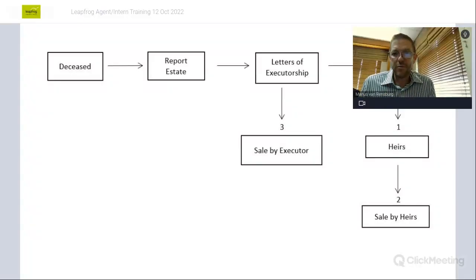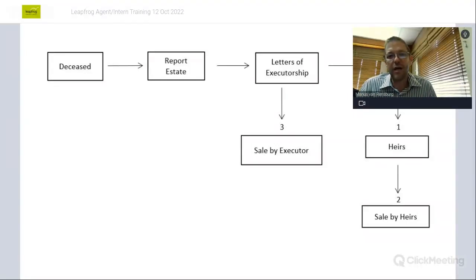I've inherited the property, but I don't want the property. I now want to sell this property. I call you in as an estate agent and I tell you, I've inherited a property. I'm going to sell the property to somebody else and I want you to market the property for me. In this case, the heir, the person who's entitled to the property, is going to be the seller of the property, and you're going to find a buyer, and we're going to go through that in more detail in a